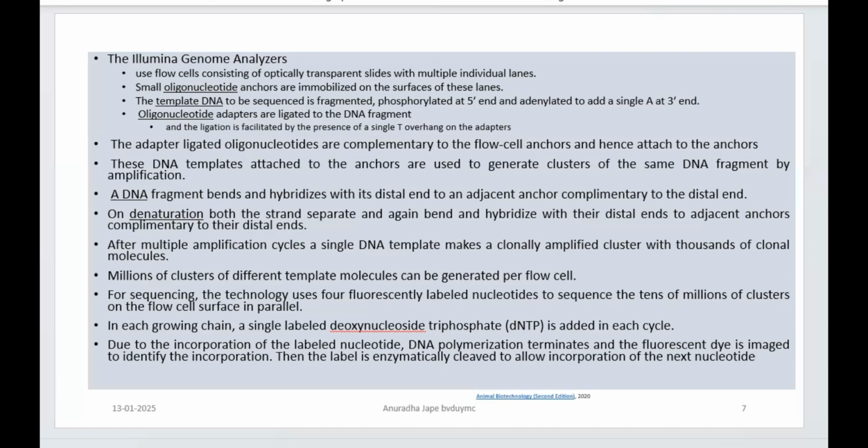So clonally amplified clusters, and you are going to have thousands of those present there. Millions of clusters of these different template molecules can be generated using one single flow cell. When you are going by Sanger's method, you have to do PCR amplification, and per run how many copies you will get? So exponential count you go with. But here thousand millions of copies you can produce in a small lane at one anchor, and there are multiple lanes, multiple anchors, multiple copies, so multiple samples at a time can be amplified, cloned and sequenced, right?